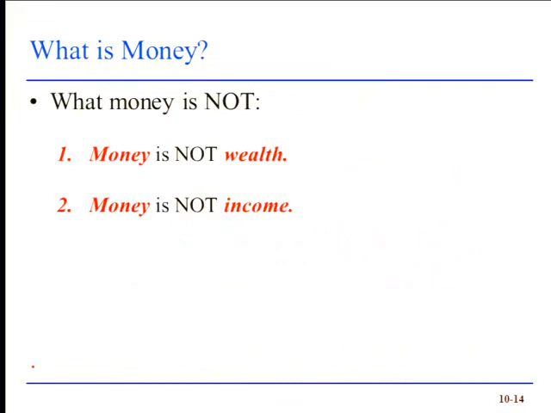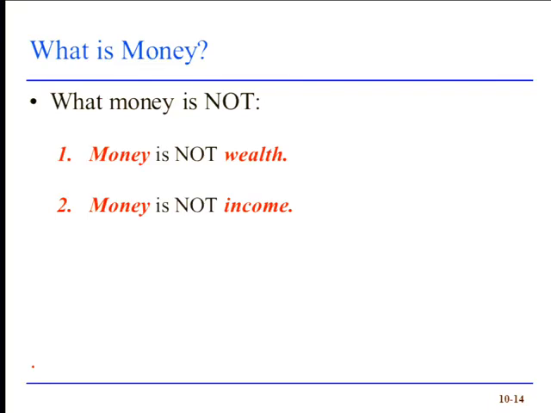So we might say something like, Bill Gates is worth $50-some-odd billion. He has a lot of money. The fact of the matter is, I have no idea how much money Bill Gates has, right? Because all we'd be looking at is M1 and M2 accounts that are in Bill Gates' name. My guess is he probably doesn't have that much. He's probably got a lot of Microsoft stock, probably a lot of stock and a bunch of other stuff as well, in real estate and other. He's very wealthy, but he probably doesn't have all that much money.